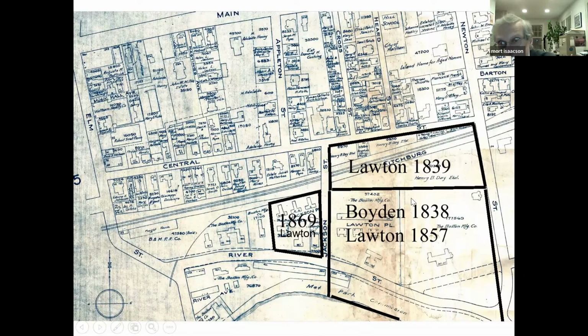Then in 1857, Lawton bought out the southern part too, again using the estate house down here, as well as this area over here, which was the Chauncey Newhall estate. And then Lawton died in 1880, and the Boston Manufacturing Company bought his property, so all the southern part here of the original Patrick Tracy Jackson estate. And it was in 1889 that the Boston Manufacturing Company moved the original Mill Girl boarding houses to this part over here on the left, on the west rather, which was